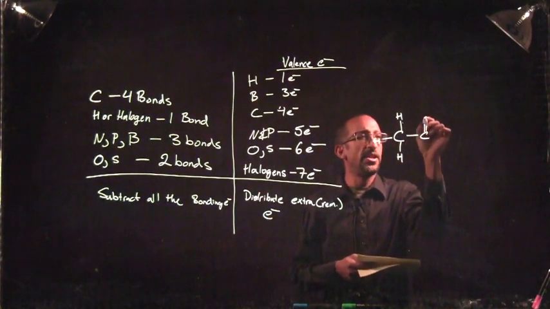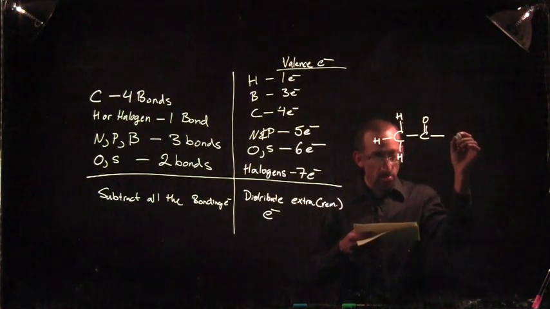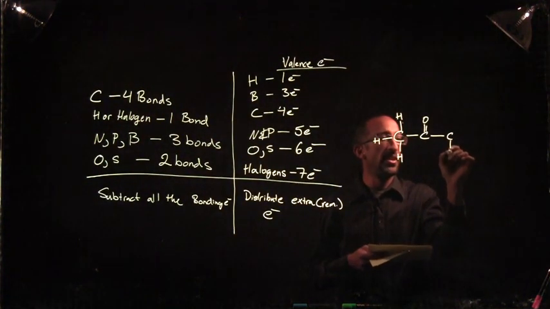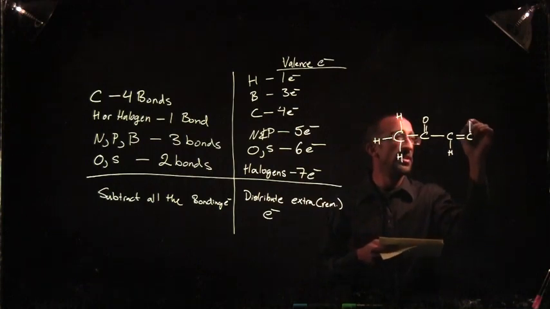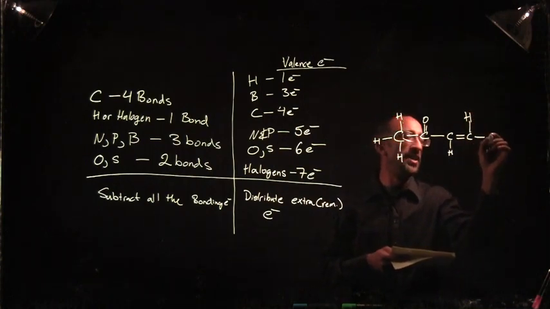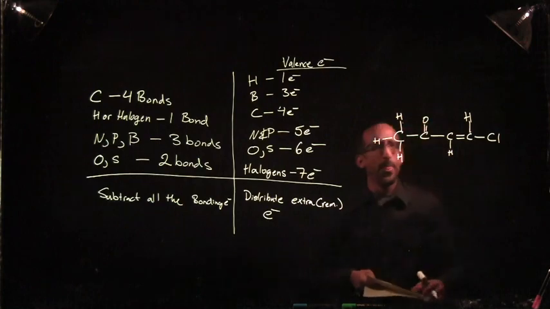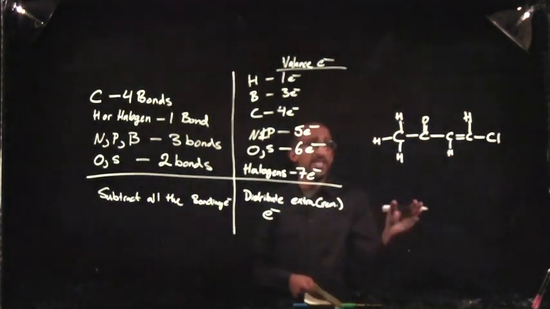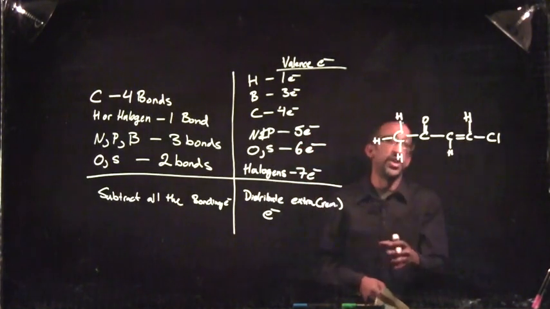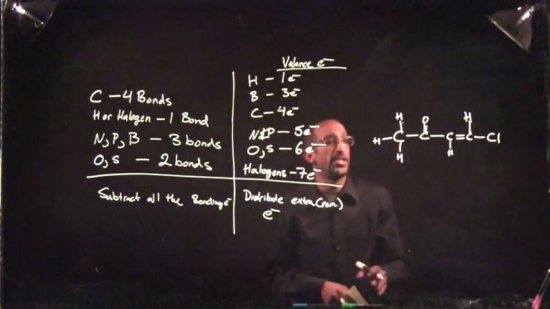We'll put in a ketone. We will put in an alkene. And we'll add in a halogen. So this is a structural formula. In order for it to become a Lewis dot structure, which is what we're aiming to get towards here, we